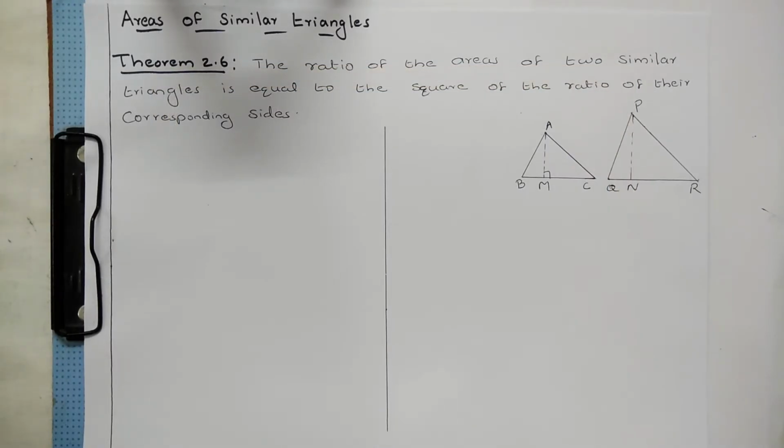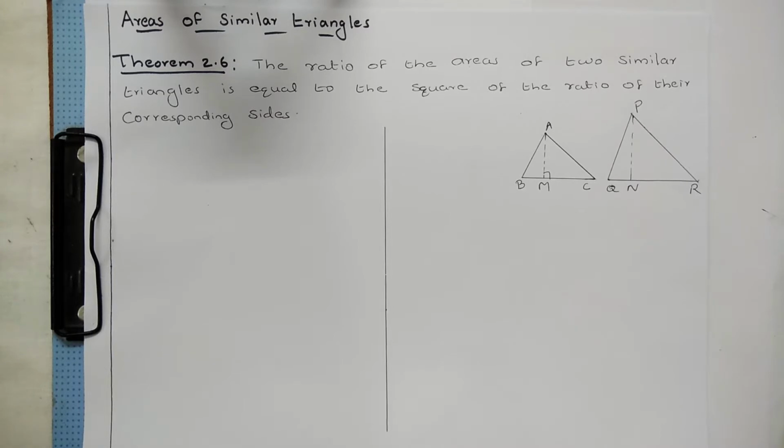To explain areas of similar triangles, theorem 2.6. We'll read the statement. The ratio of the areas of two similar triangles is equal to the square of the ratio of their corresponding sides. That means two similar triangles. The triangle given is similar. We need to prove the ratio of areas of these two similar triangles is equal to the ratio